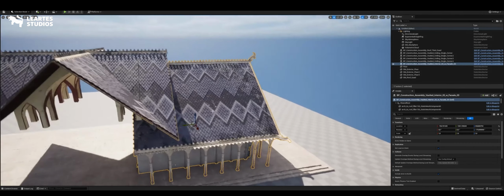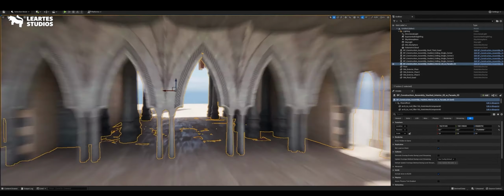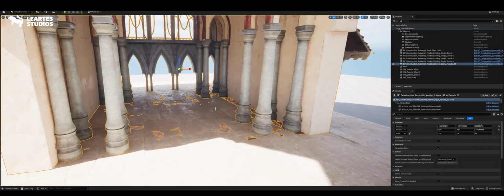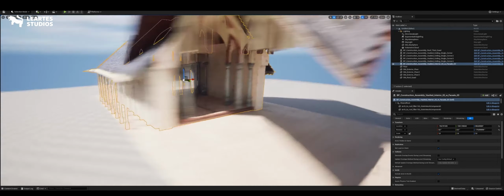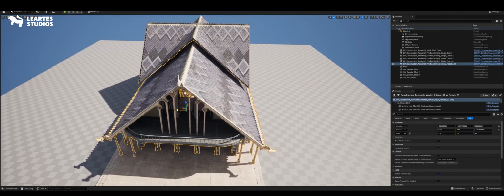And let's see if that works. First thing I'm going to do is I'm also going to raise this until the floor is raised, and that looks good. And now we move this into position